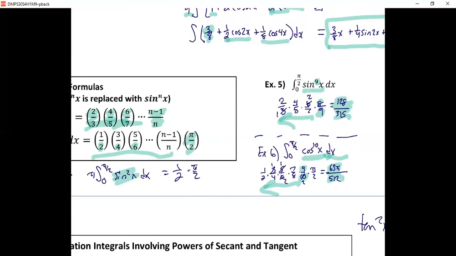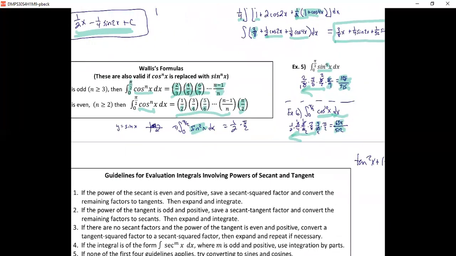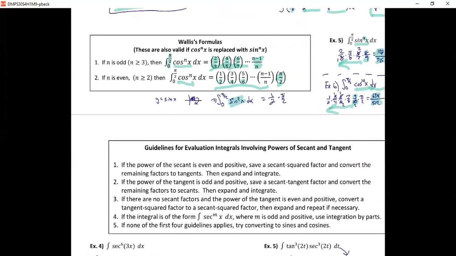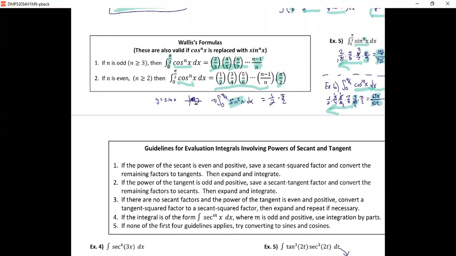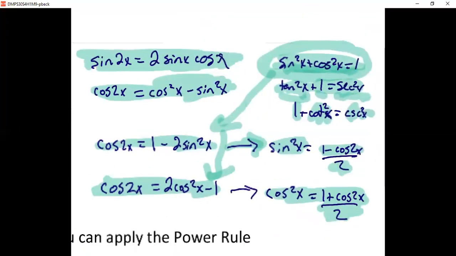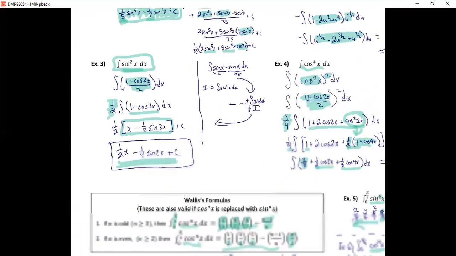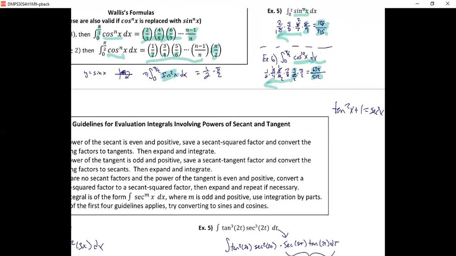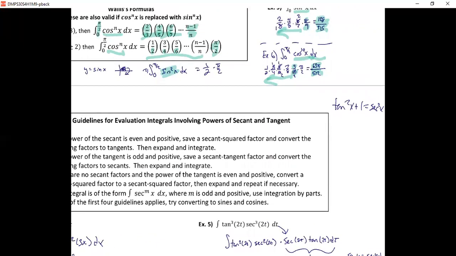So, moving right along. What happens if we have problems that involve secant and tangent? If we have secant and tangent, then we're going to do something very similar to what we just did above. That similarity goes back to this: we know that tangent squared plus 1 does equal secant squared, and we're going to be using that bit of information. The other bit of information that we're going to work with, which I have on the side here, is that the derivative of tangent is secant squared,